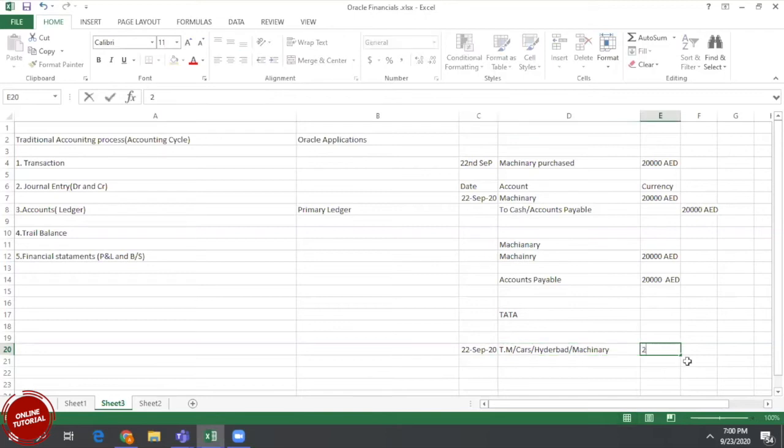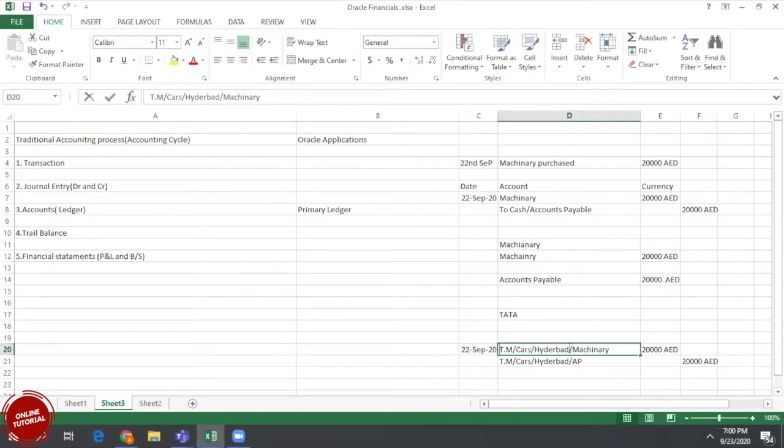So 20,000 AED, and this is a debit account. In the same way, I need to pass the accounts payable account. Instead of taking only the account segment, if we take many other segments, the great advantage is that we can find the balances at multiple levels. For Tata Motors, I can determine how much machinery is purchased. For Tata Motors cars division, I can track how much machinery is purchased. And for the Hyderabad location also, I can track how much machinery we purchased.